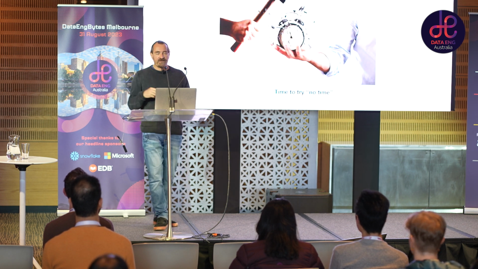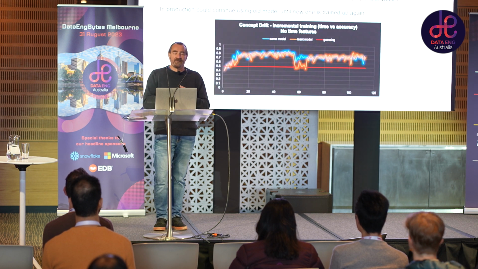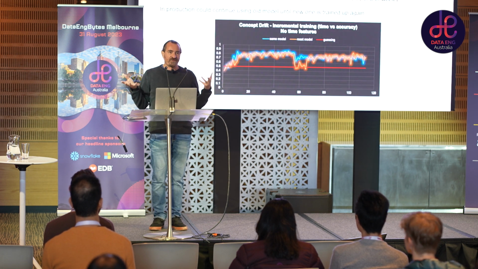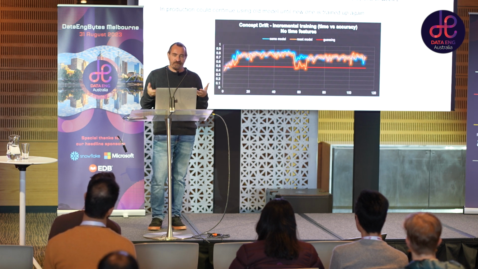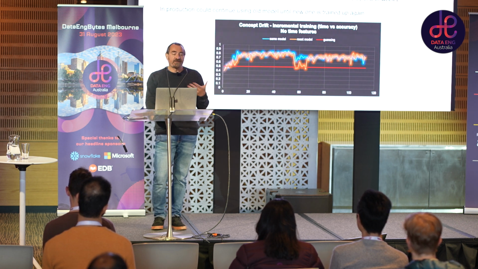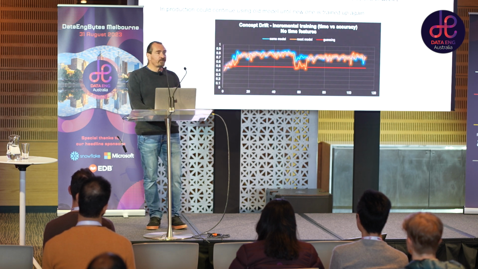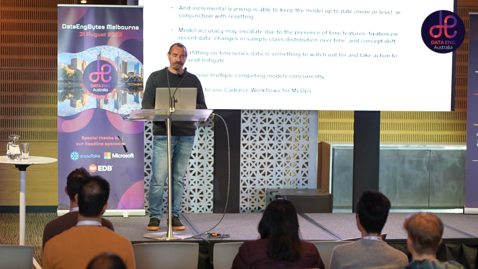Well, can we fix it? Just to prove that was what was causing the problem, I got rid of time. This isn't a real fix. In the real world, you do have to deal with time. But I actually removed time from the rules, and this is the final result with the reset model. There's a big drop in accuracy initially, but you get an improved result by the end of week 2. So in a production system, you could actually use multiple models. You could continue using the old model until the new one is trained up, potentially.